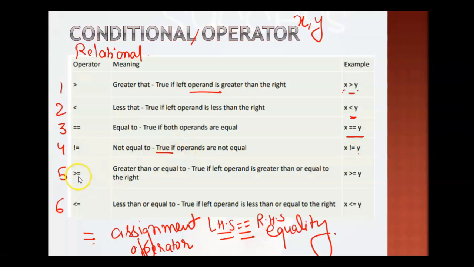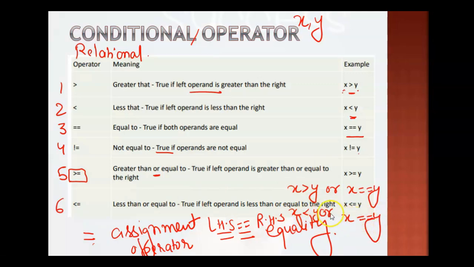We have greater than or equal to. Can you see two operators are given together? This is greater than or equal. Or means if any one condition is evaluating true. Any one means like either the value of x is greater than 5 or x is equal to y. So if you want to check whether any one of the conditions is true or not, then you can write greater than or equal to. The same is there for less than or equal to. This is also exactly the same. x is less than y or x is equal to y.